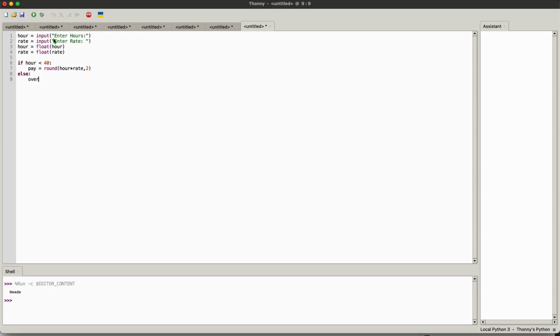overtime equals hour minus 40, pay, how much we pay, equals round, we have to round it, 40 multiply rate plus overtime multiply rate multiply 1.52,